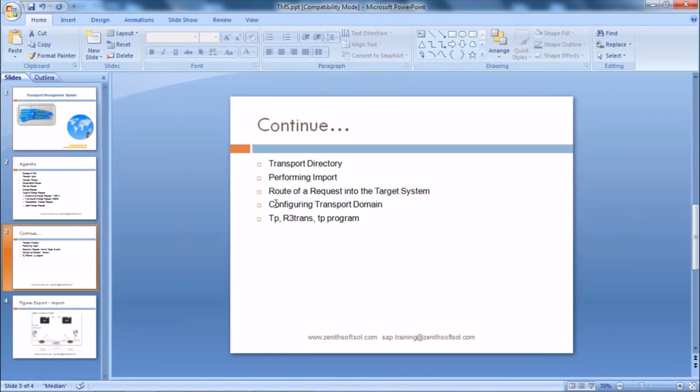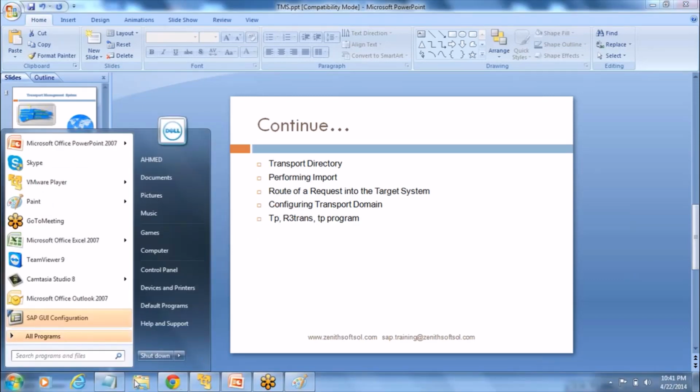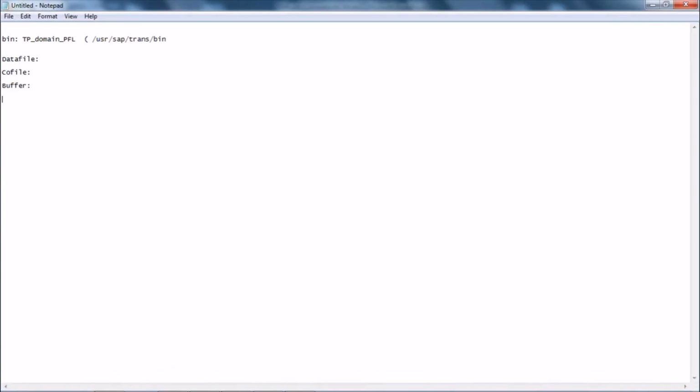Now, route of a request into the target system. Now you want to see how the transport requests are moving from development to quality and to production, and how the route works. There are a few steps here. First, the transport of a request begins when the owner of the request releases it. So once the owner of that request releases, then the transport of a request begins here. Okay, he will release in which system? Development system. Second, after he releases,